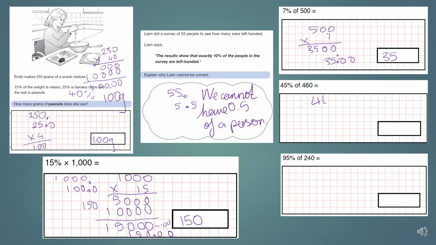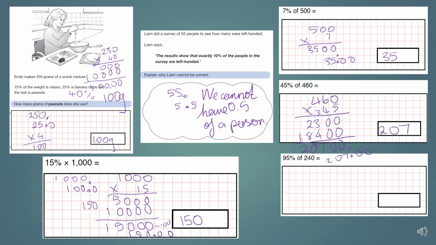Okay, 460 times 45, 5 zeros, 5 sixes is 30, 5 fours are 20, and 3 is 23. Magic 0 in, 4 zeros, 4 sixes is 24, 4 fours are 16, add 2 is 18. Add those together. And then we would divide this number by 100, and that everything would move 2 spaces to the right, leaving